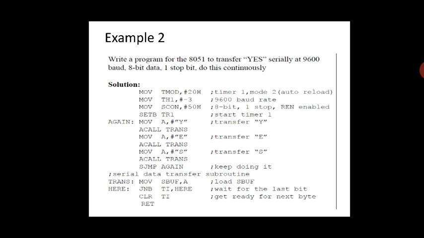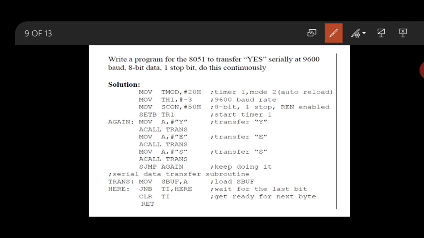Timer is started. Once the timer is started, which character do you need to copy? We need to transmit Y first here. Why? We will store it into the accumulator. Now all the way we need to operate with the SBUF. Now what will be copied into the accumulator? Now the next will be ACALL TRANS. There is a timer that has to be initiated. When it jumps to the TRANS, like this, it will jump to the TRANS here.